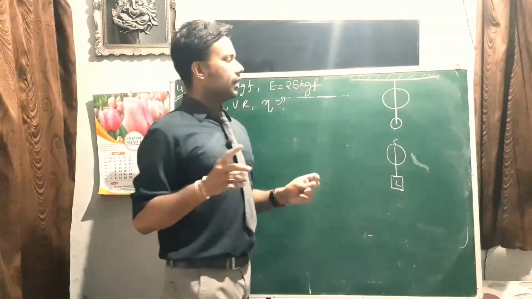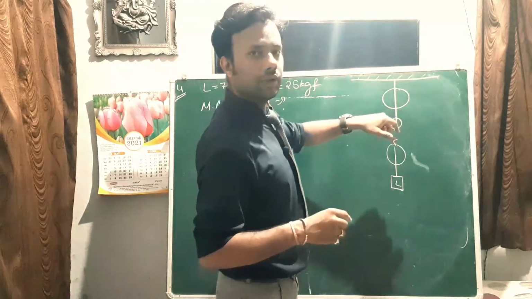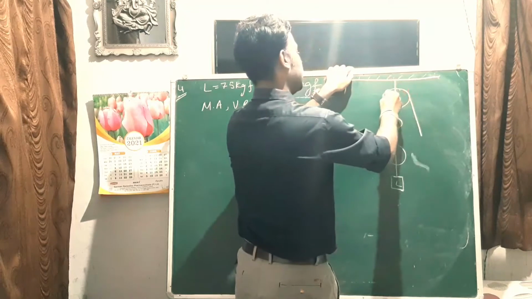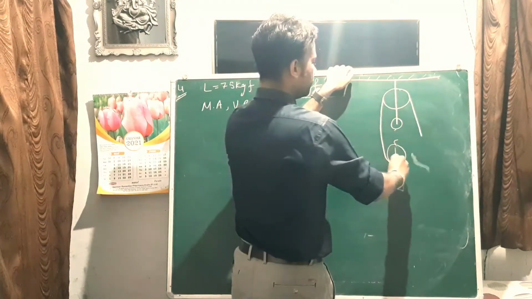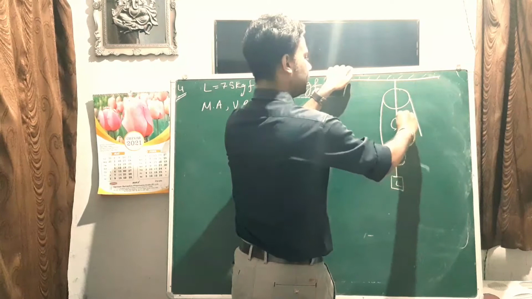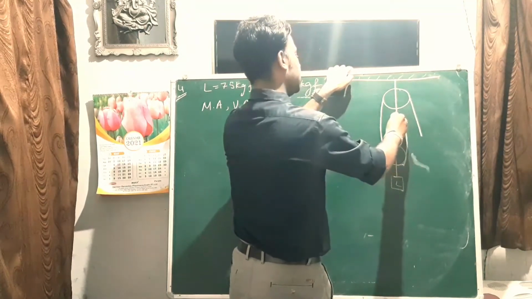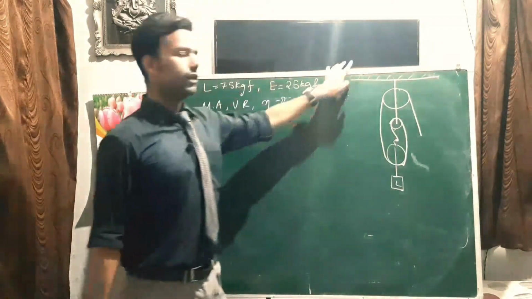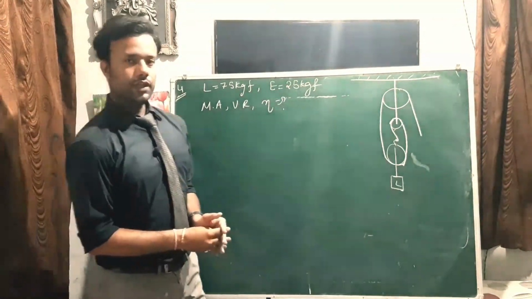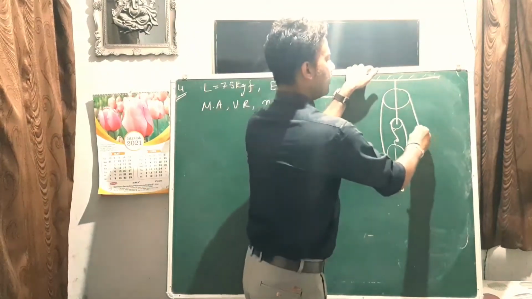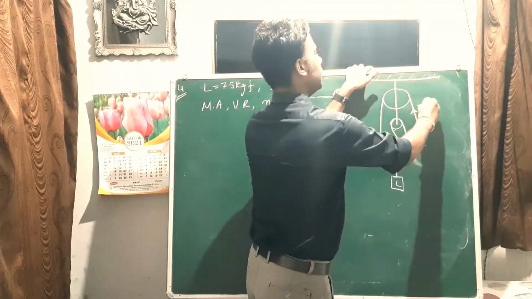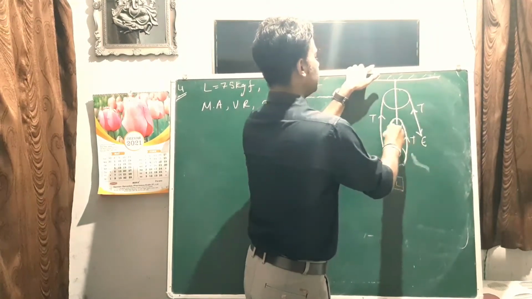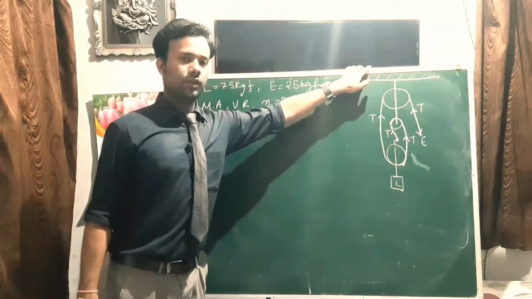So you remember I told you to start the string from the upper block. So let's say here we are applying the force and it will go like this, right? And the second pulley, and finally it will connect here. Okay, tension and effort will be here. We are applying effort in the downward direction, so there will be tension T here, tension T here, tension T here, and tension T here. Okay,